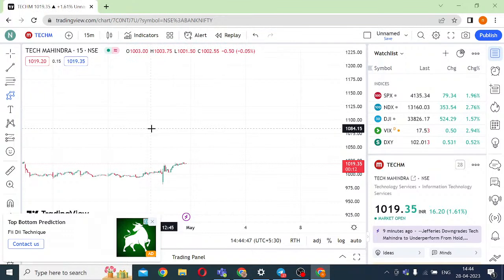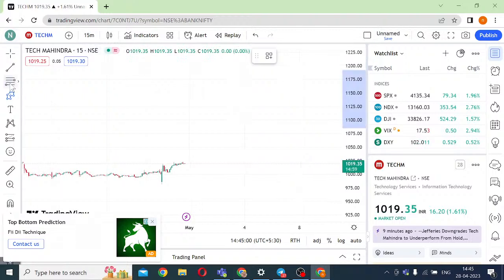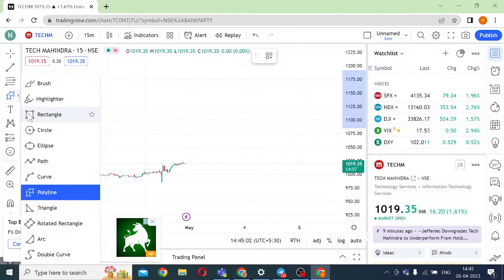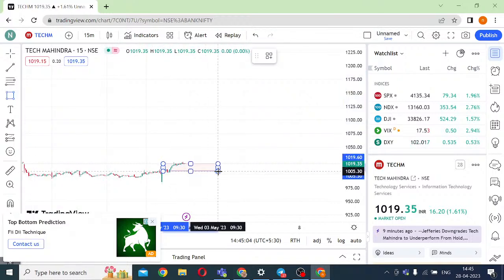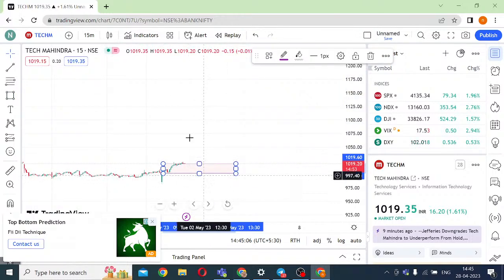Don't tell me it's an open low. Yeah, it's an open low, so I don't think our setup triggered here. Again, I am not looking at any buy in Tech Mahindra right now. In fact, if I get another opportunity somewhere below this level, I would again look at shorting this security. Below this level, let it come down in the range.